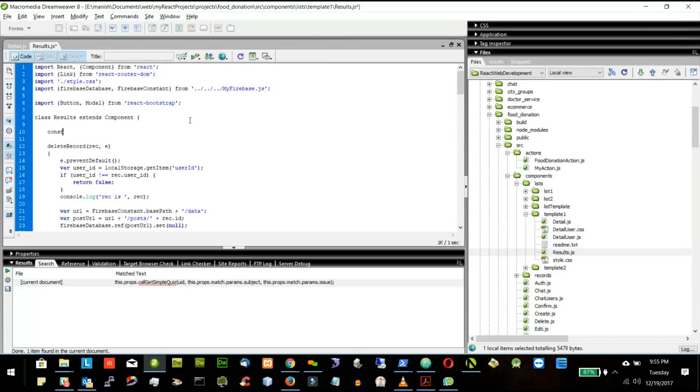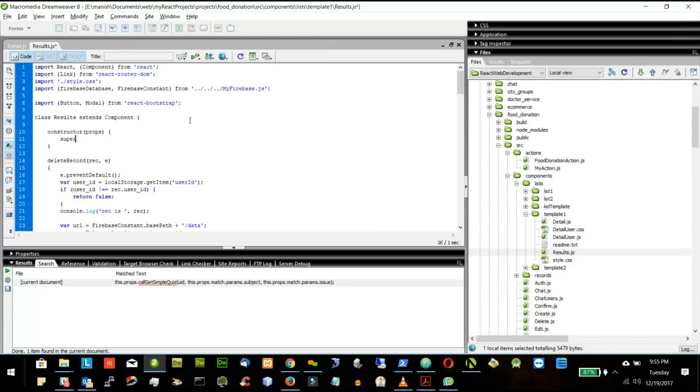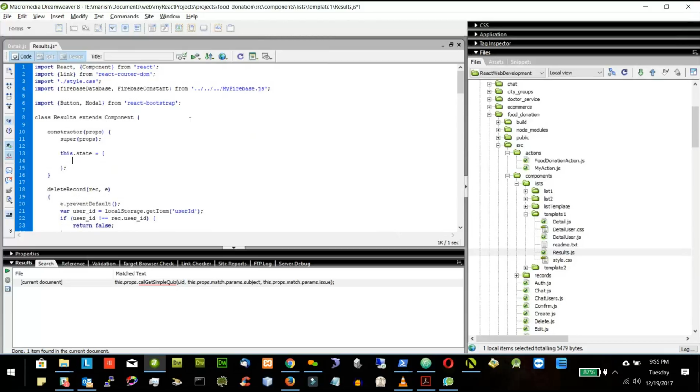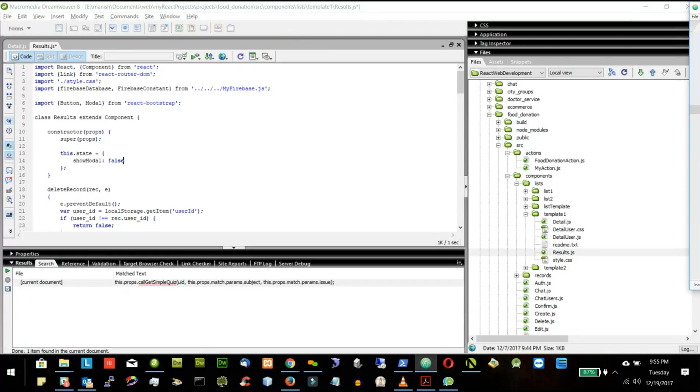So I'll say constructor props, super props, this.state is equal to. I'll create a variable, and based on this variable, I will show the modal and hide the modal. So I will say showModal. Initially it will be false, that is we are not showing the modal, and later on we will make it true. So whenever the user clicks the delete button,